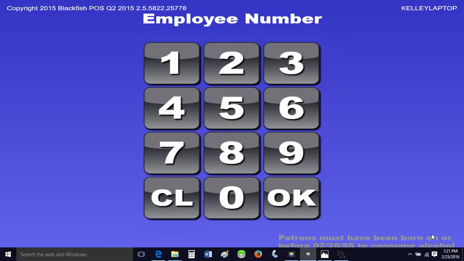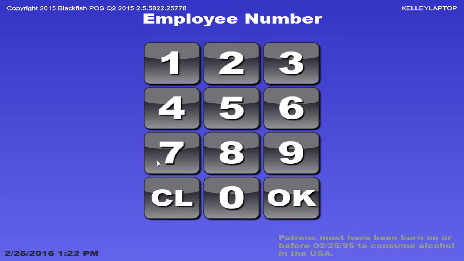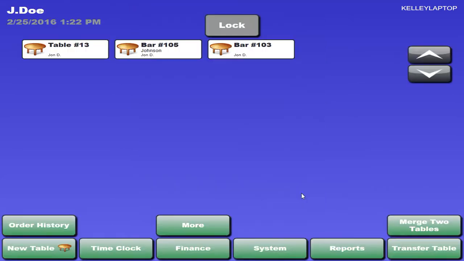And then there's quick service mode, which would be for bar service, counter walk-up service, food truck, any of those kind of things where you just want to move quickly from one order to the next without necessarily needing to start a table number. So we'll go ahead and log in. And we can see that when we're running in table service mode, this is our desktop, and this is kind